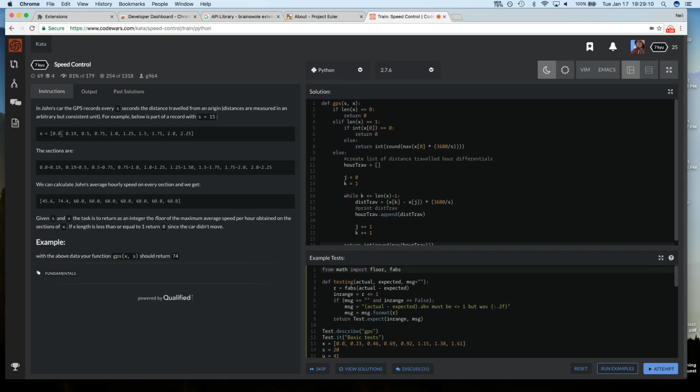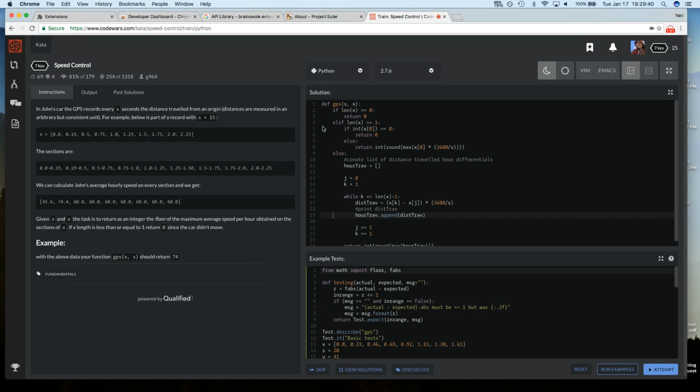So in this case, you can see first 15 seconds, I went like 0.19 kilometers. And then the second one, the subtracting would be 0.31. And what you get is something like this for average miles per hour, whatever, kilometers per hour. And then you want to return the highest, which would be 74. And then apparently you want to round it. I don't quite understand it, but to 74. So first you just,